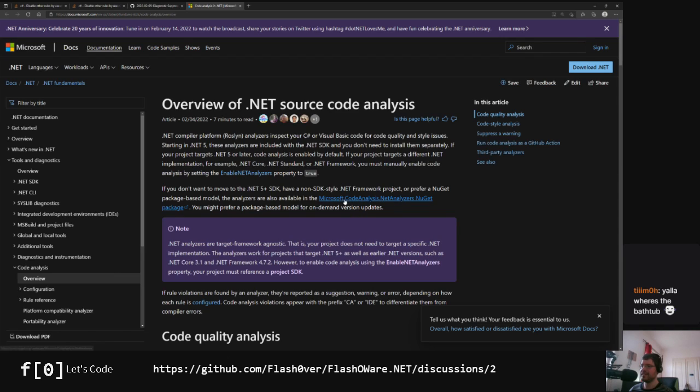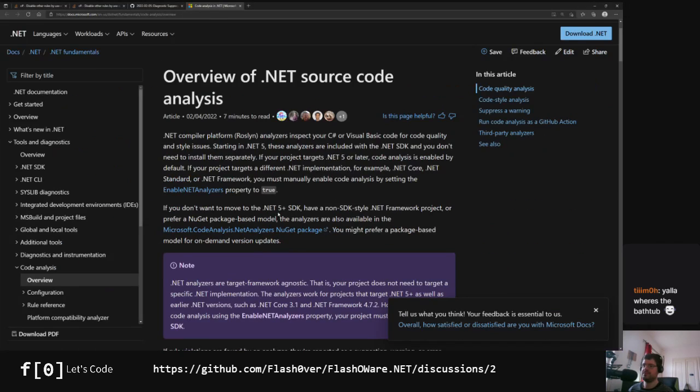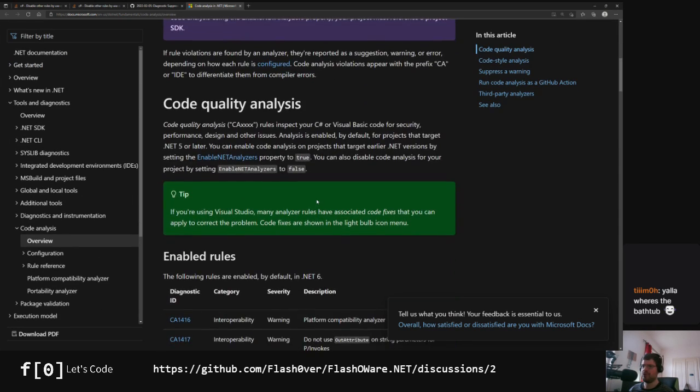Previously, they were in the Microsoft.CodeAnalysis.NetAnalyzers package, but with the .NET 5 SDK and higher, they are now actually included. So per default, they are enabled, but only a handful of rules in the code quality analysis